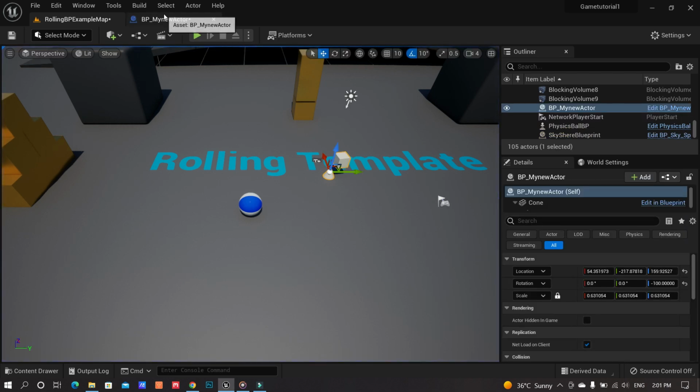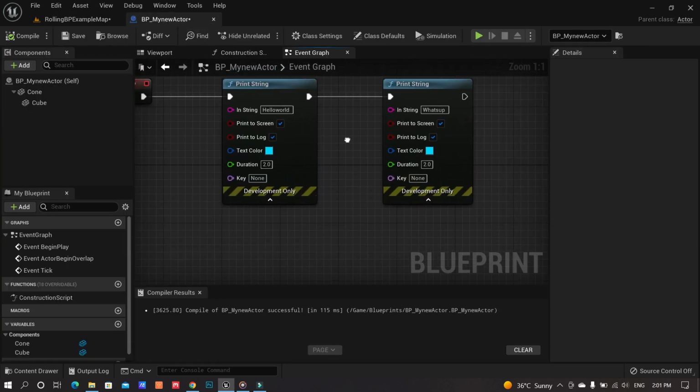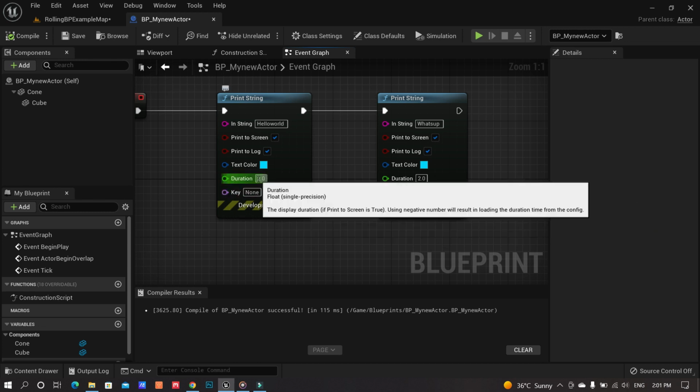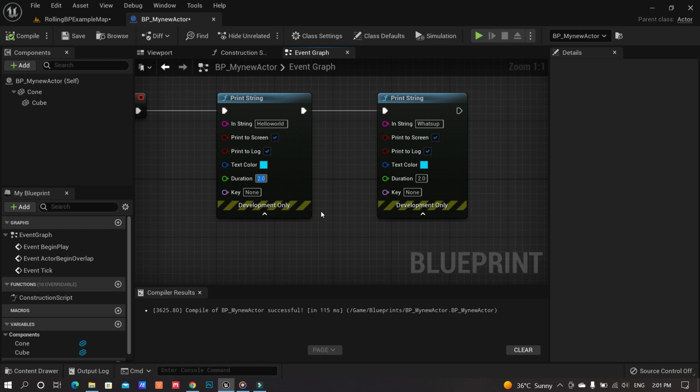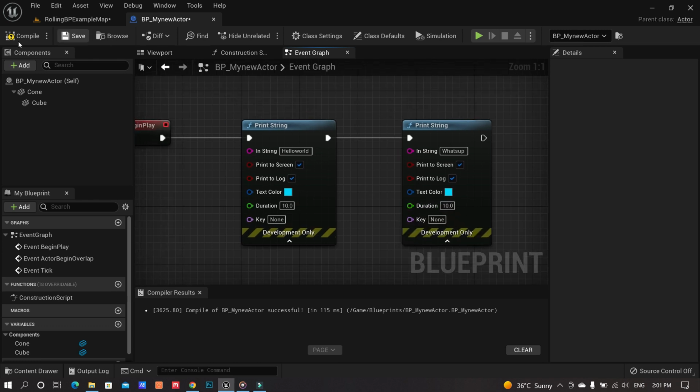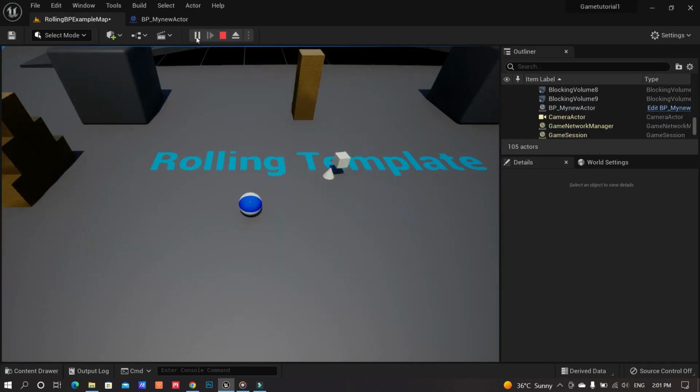However, if you want to increase the duration for both of them, you can go to the duration part, and let's say from 2 seconds we want to change it to 10 seconds for both of them. Good enough. Compile, save, go back and click play.